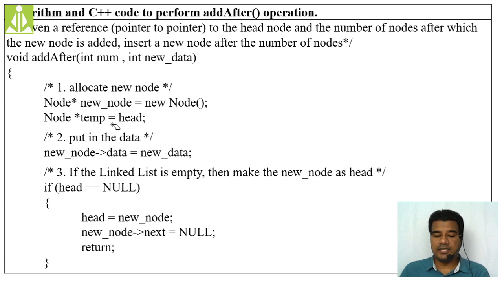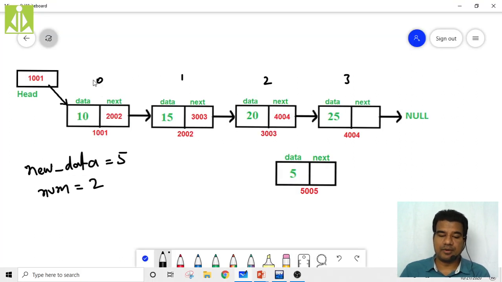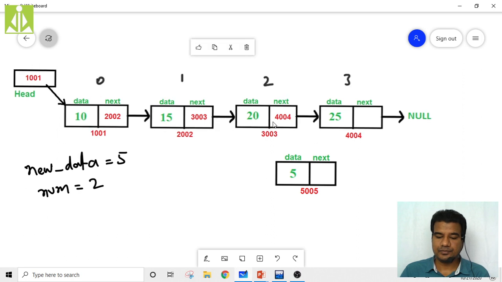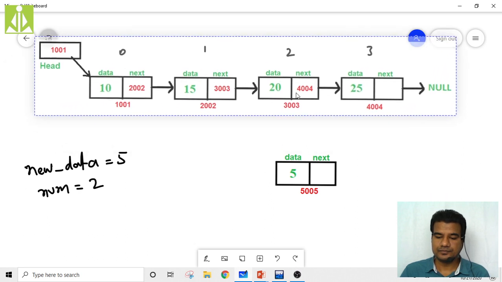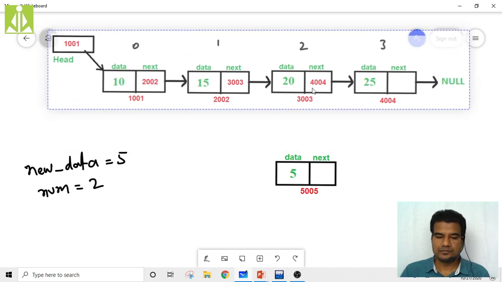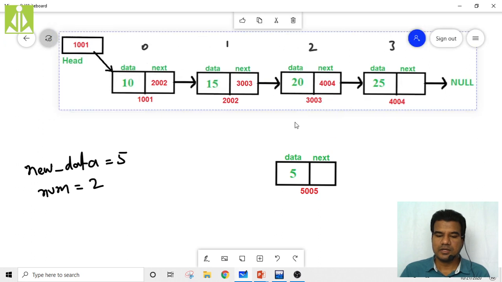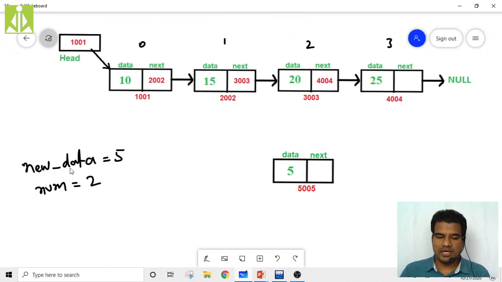Then take the temporary pointer. I am taking the temporary pointer.